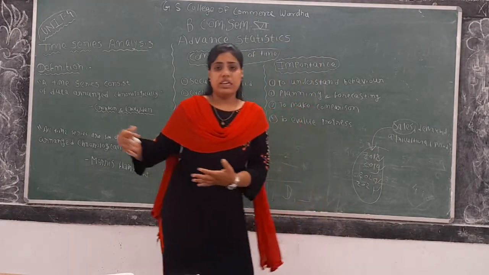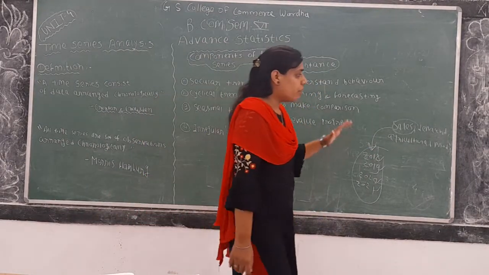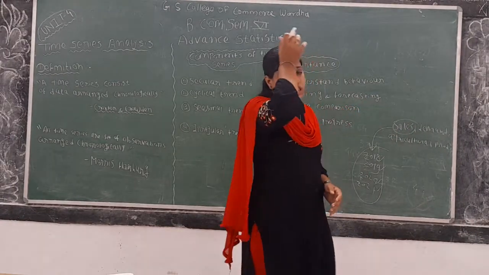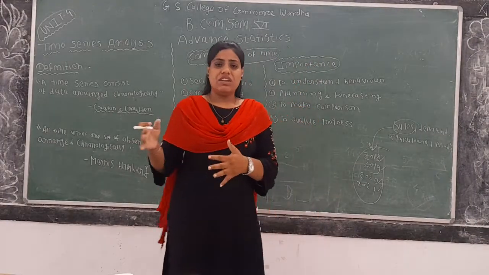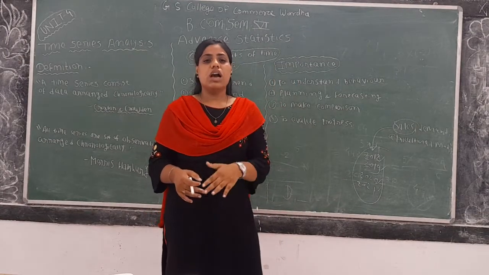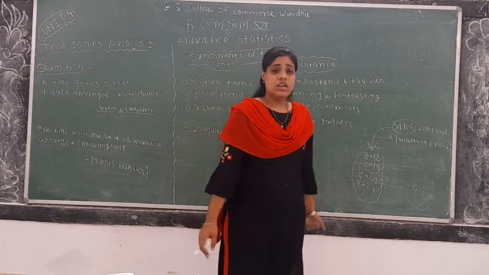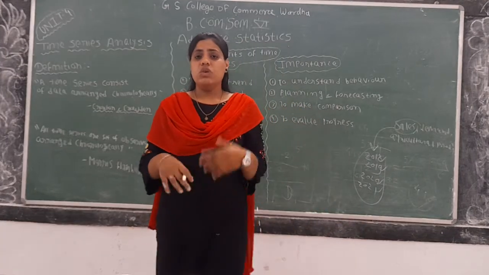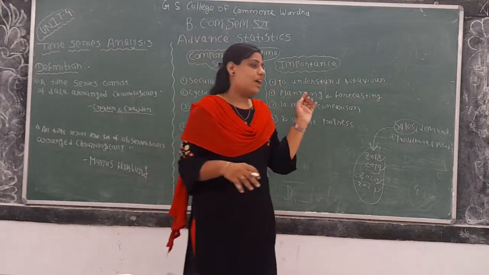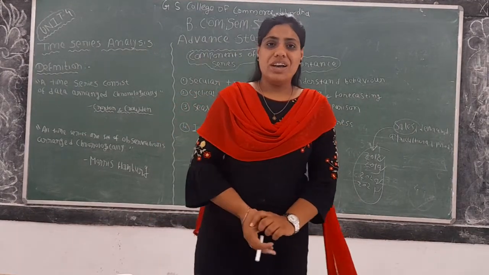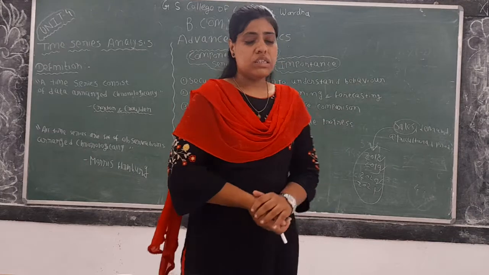What kind of trend is the data showing, whether the sales are going upward or going downward year by year, or it is fluctuating each and every year. Sometimes it's going down, sometimes it's going up. So we are going to analyze what kind of trend this data is showing. So when we go for such analysis of particular items, that is known as time series analysis. I hope you guys are clear with the meaning of time series analysis.